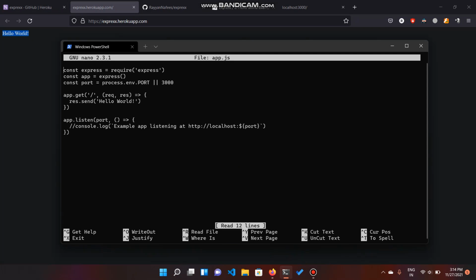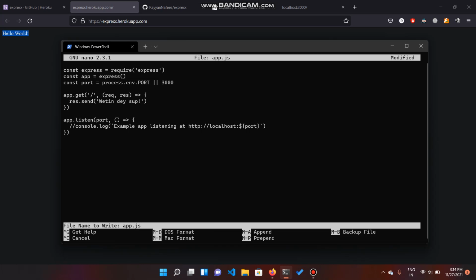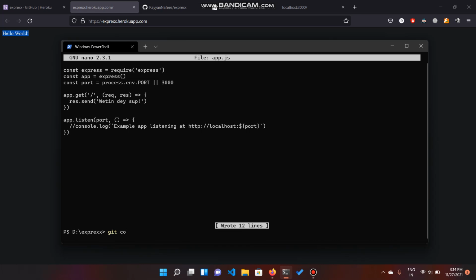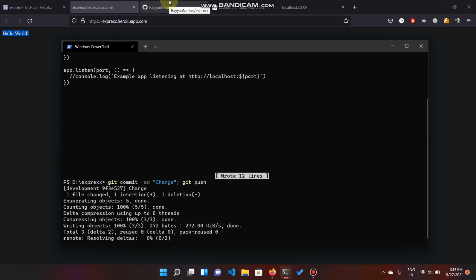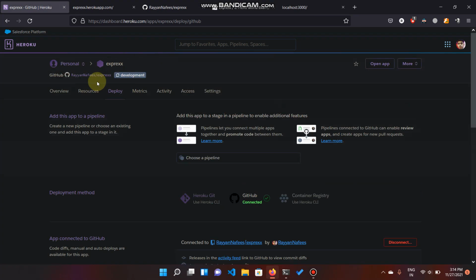As you can see, the hello world is the same as you see in localhost. Now all you can do is make some changes, like here inside of hello world you can write something else. Let's save this, and the changes would be just deployed here. Heroku will automatically detect the